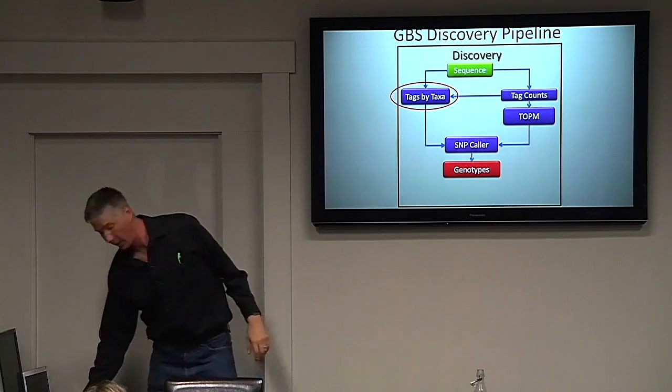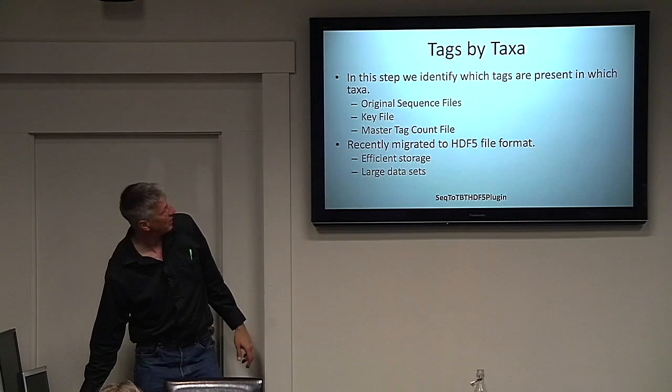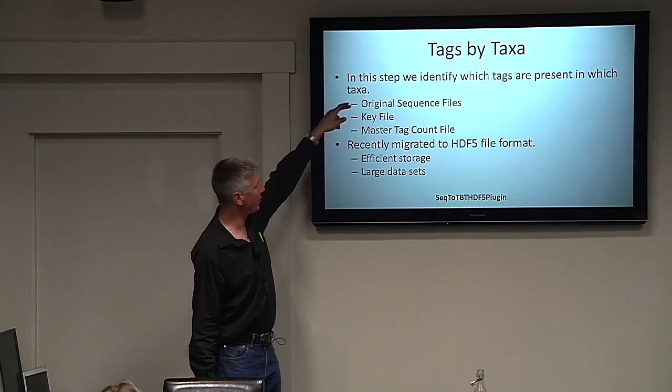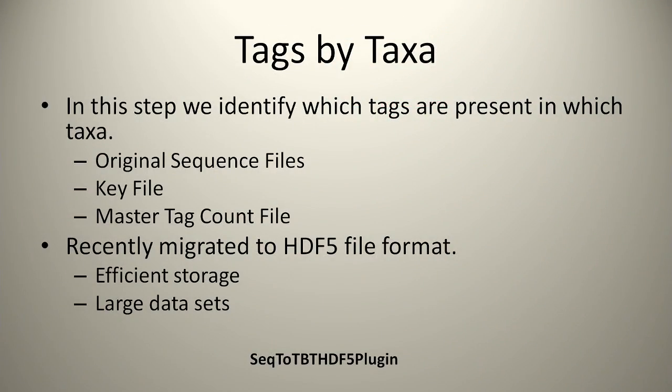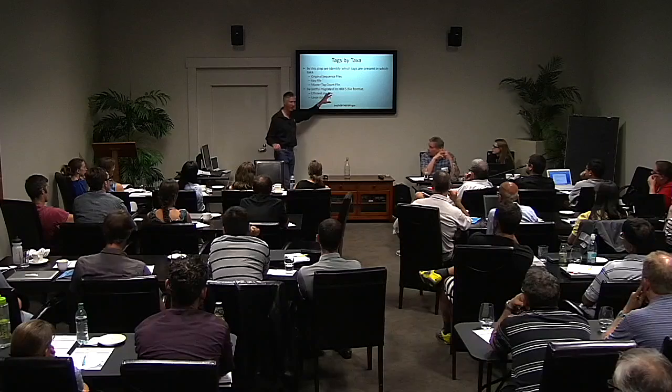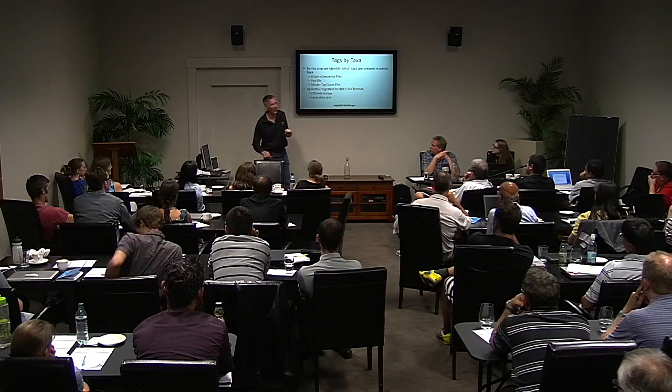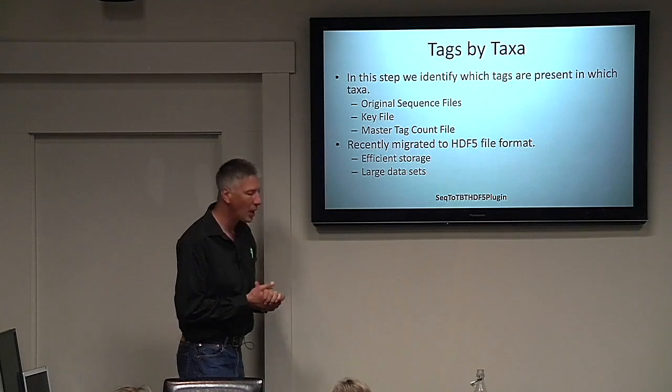Okay. So what we need to do this is the original sequence file, the key file, and I think that's pretty obvious now. Everybody understands what that does, right? Okay. The master tag count file, and those things together in this sequence, the TBT HDF5 plugin will make a tags by taxa in this format. And I think this is the first time we've spoken about this format in this workshop. Is that right? Did we talk about this before? No. Okay, so this is